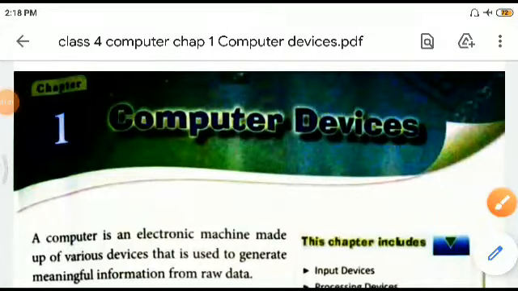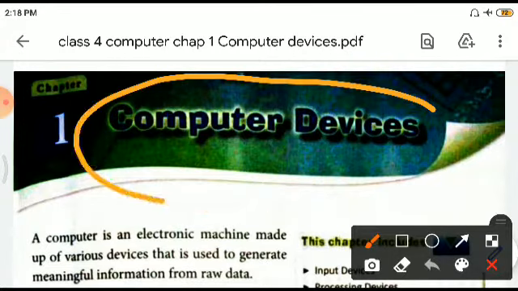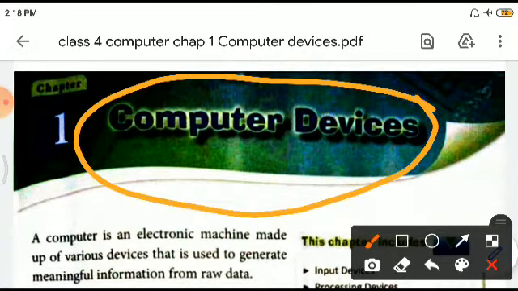Good morning, children. I welcome you all to today's session of computers, and we are on to the chapter computer devices. Right? We all know how useful a computer is, what its utilities are, but it has lots of devices which are connected with it, and all together they impact the usefulness of the computer. Okay, so we will study each one of them one by one.